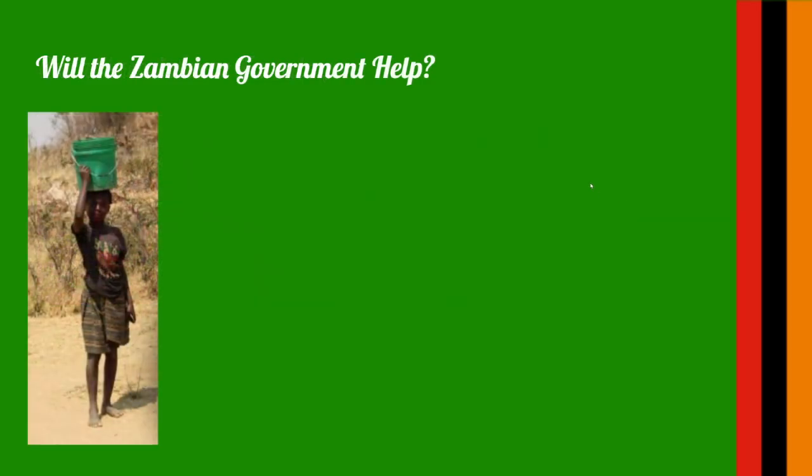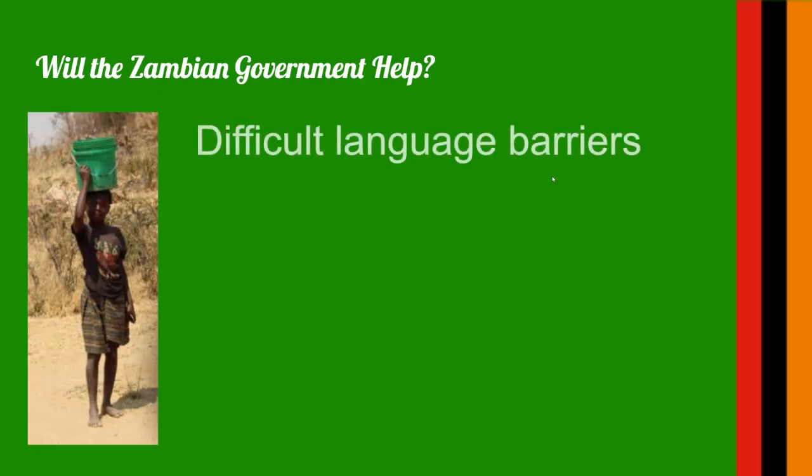They try to make this into an issue that they can solve, but there are also large issues with bringing government help into these rural communities, and they're mainly economic, but also there are lingual issues. There are 7 primary languages in Zambia. I'm not sure how to pronounce most of them, but one of them is Tonga. English is the official language, however, of all the law and commerce.